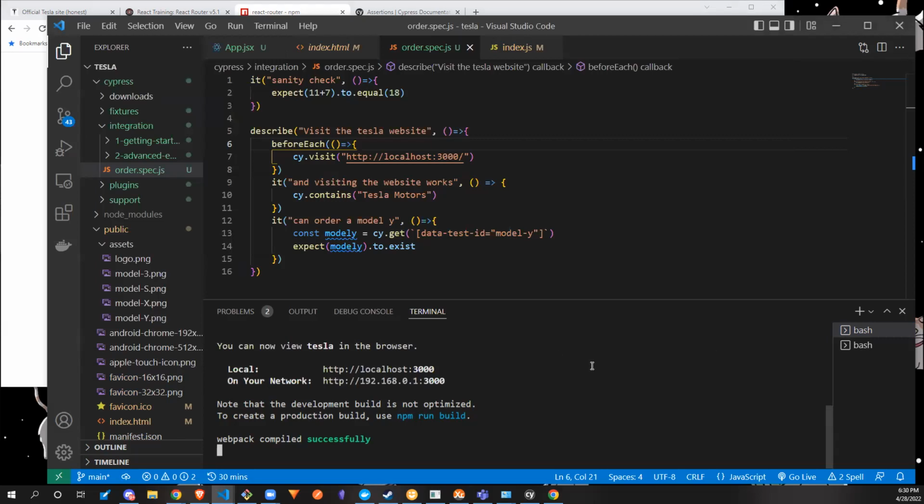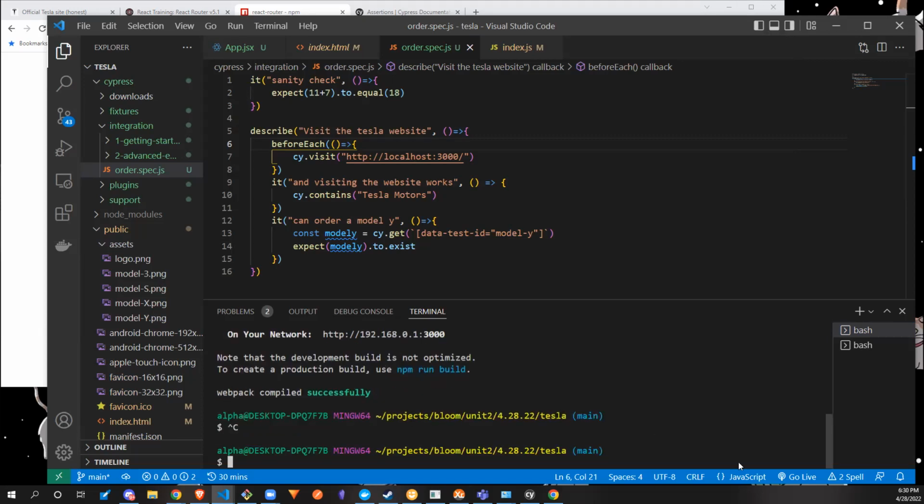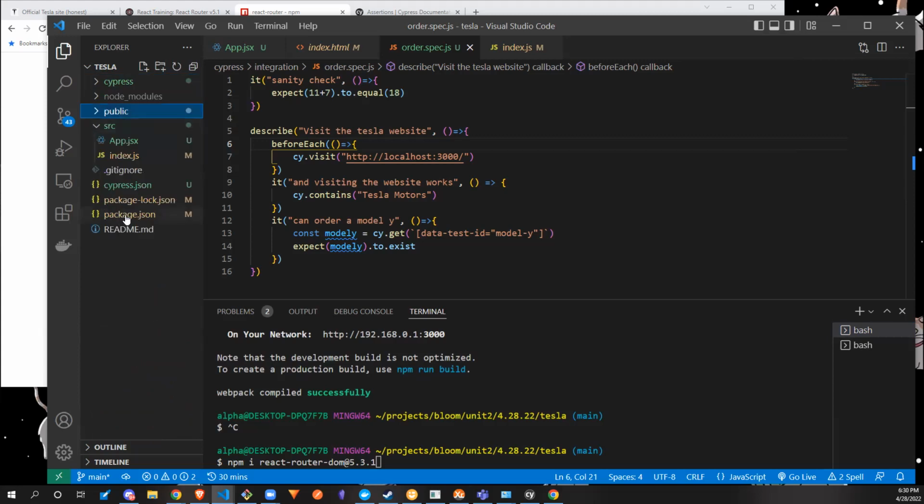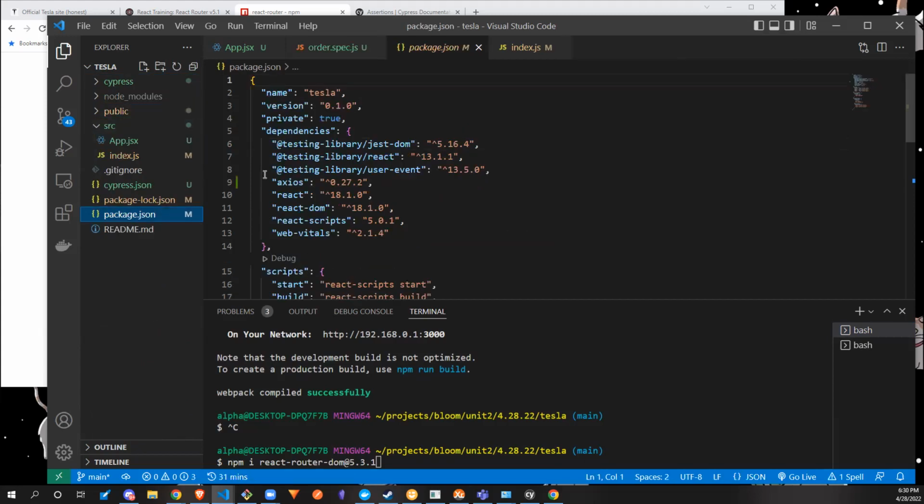So what I'm going to do is I'm going to close the server, if it will. There we go. And I'm going to npm install React Router DOM at 5.3.1. And if we were to go into our package JSON, you're going to see that it's going to show up in here